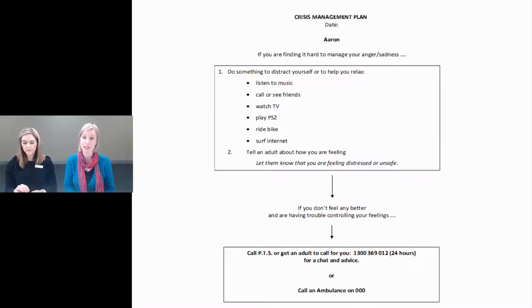This next one is an example of a crisis or safety management plan that has been formatted for easy reading and reference. It's been kept to one page to suit keeping it on the fridge, for example, a little refrigerator cheat sheet. Or it also allows you the ability to take a photo of it during your session, or your client can take a photo of it. And this could complement a more comprehensive or thorough safety plan.